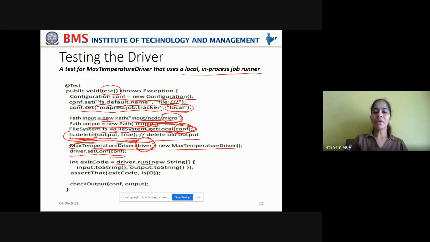But while invoking this run method, what task are you trying to perform? You are giving input as a string and you are getting the output as a string. Now, what is the input that you are giving as a string? The raw data. What are you getting as the output string? The final consolidated output, the year and the maximum temperature recorded in the year.